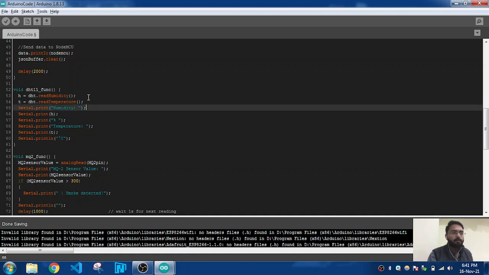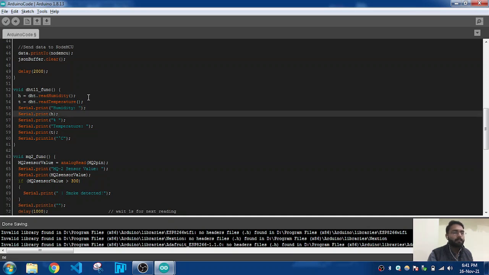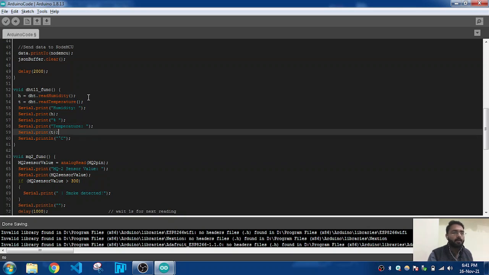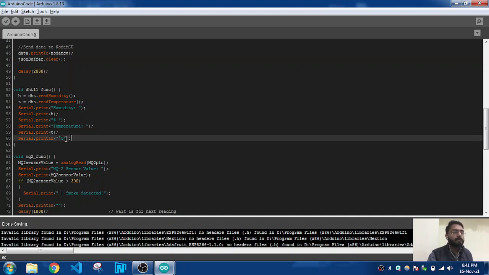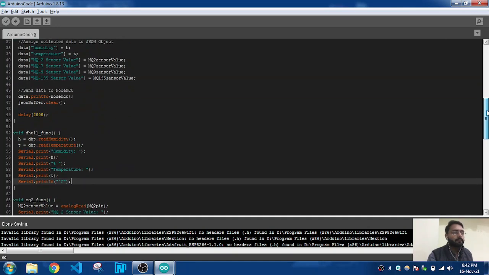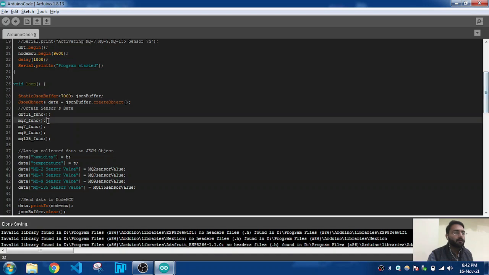Now Serial.print will print on the Arduino IDE serial monitor the humidity data and the percentage sign. Similarly for the temperature sensor, it will print temperature, then T is equal to the value of the temperature right now in the environment, and the degree Celsius will be printed on the serial monitor. Then it will come back to the MQ2 function.